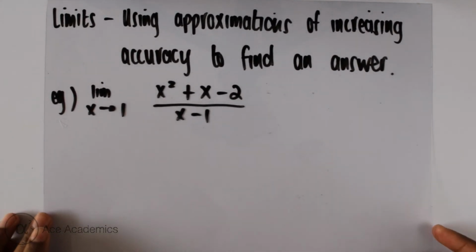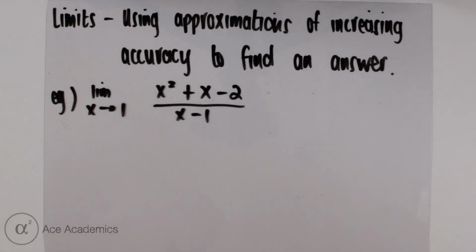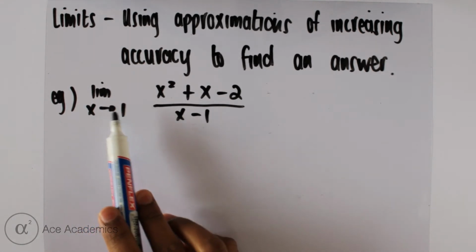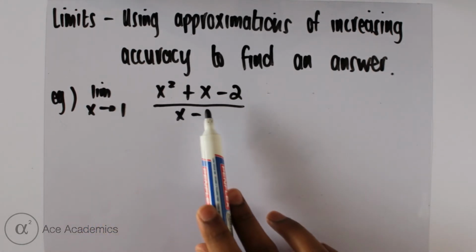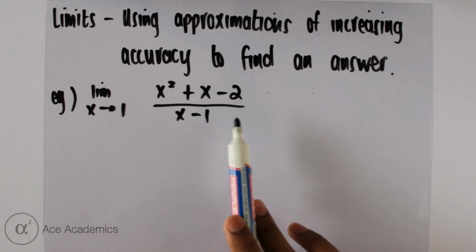Next, we look at limits. Limits are concepts that use approximations of increasing accuracy to find an answer. Let's look at an example. The example reads, the limit as x tends to 1 of x squared plus x minus 2 all over x